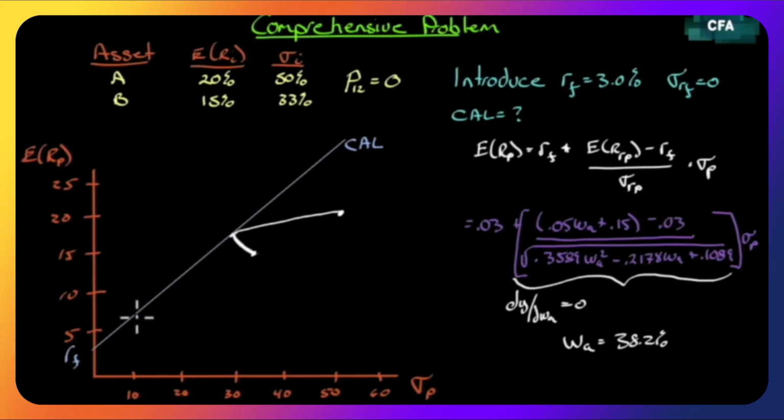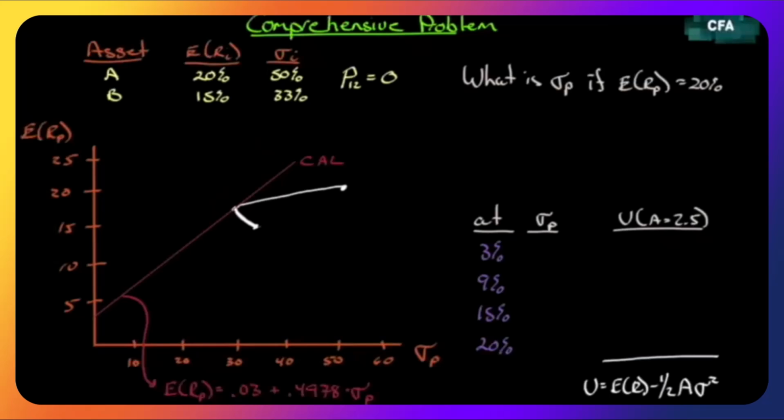Now we're in a position to solve, because we know the weighting on asset A will be 38.2%. So the equation for this line, the expected return on the portfolio, will equal the risk-free rate plus some slope multiplied by the standard deviation. If we go back up here and put 38.2 in, this will solve out to 0.4978 times portfolio. So the slope of the line is 0.4978. So we can determine what the return and risk are at any point along here, depending on how we want to weight the two assets.